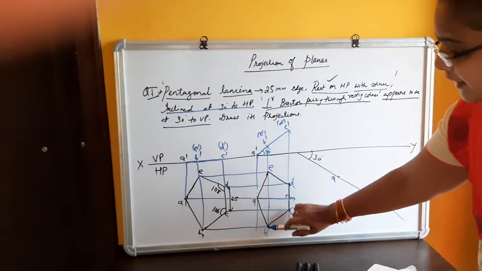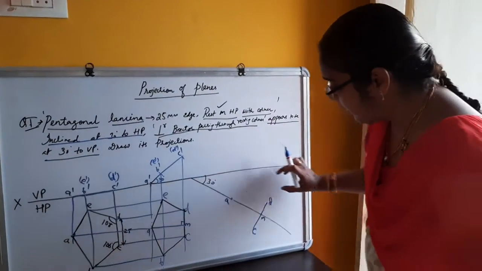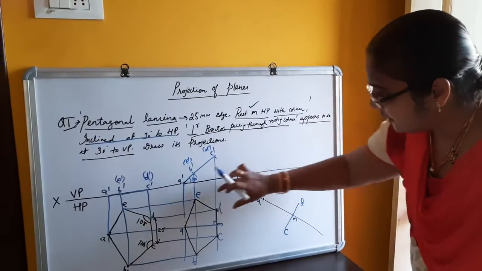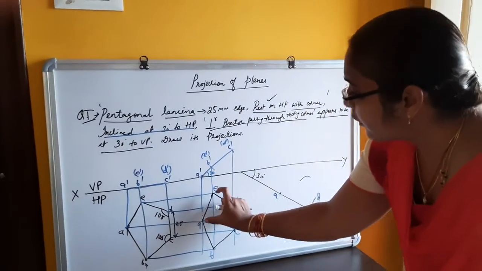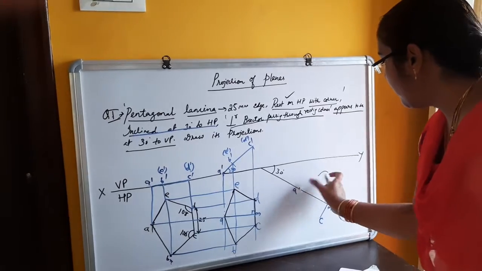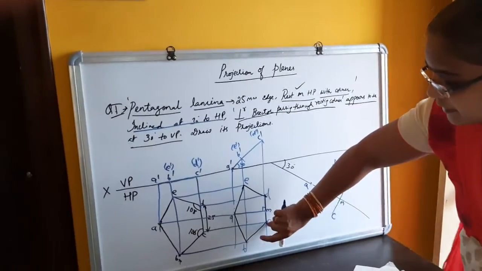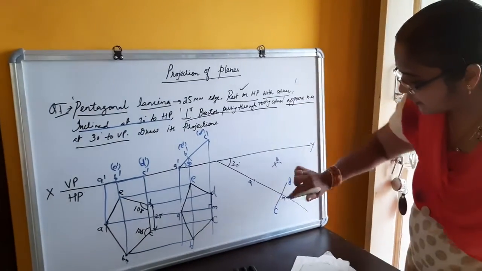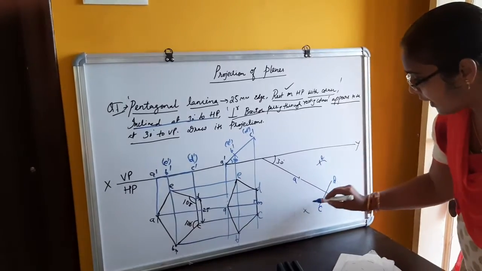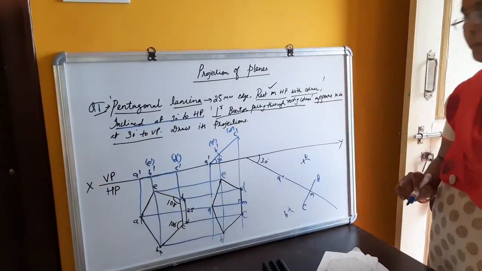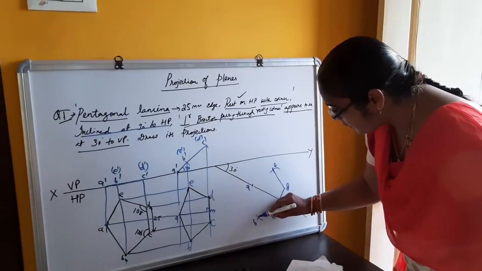The remaining two points are E and B. You can go for the arc method. You know the distance from D to E, measure and draw an arc with a compass. Similarly, A to E, you know the distance, measure and draw the arc. You get the point E. Similarly, C to B, measure and transfer with the arc. Similarly, A to B, measure and transfer with the arc. Call it point B. Now join this.